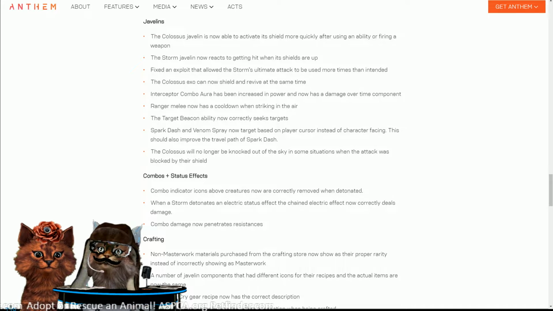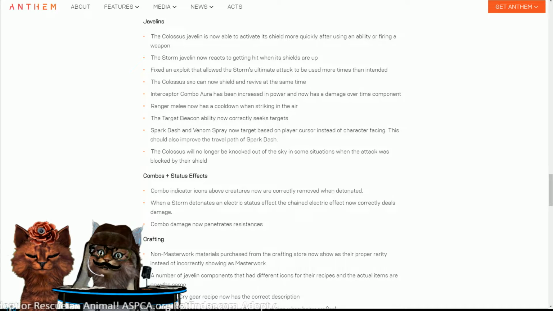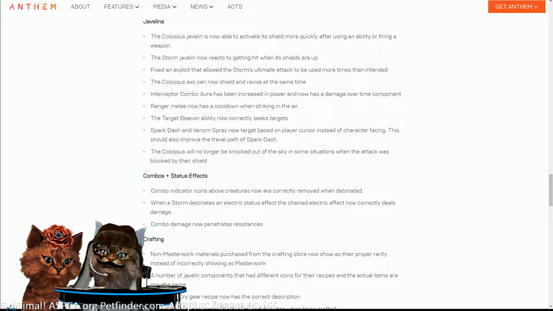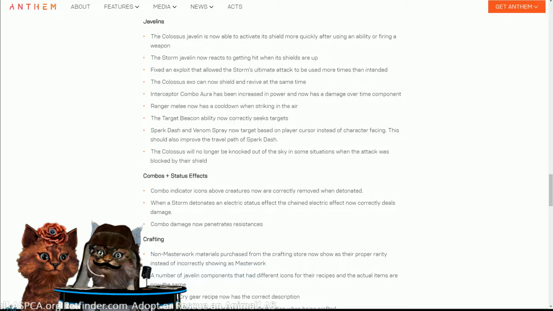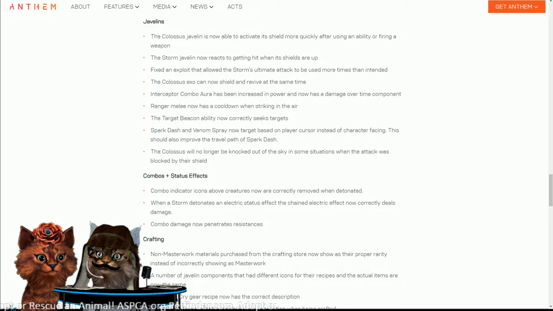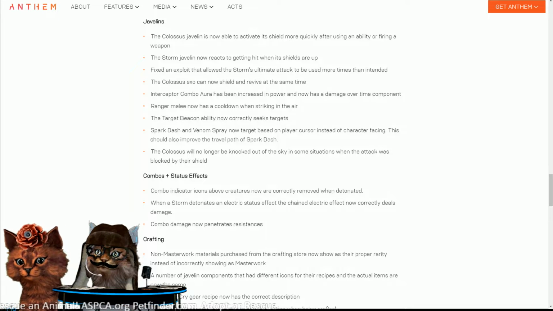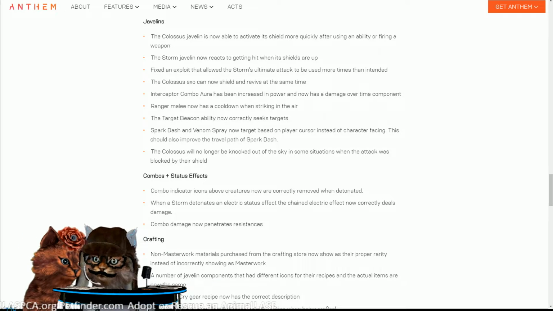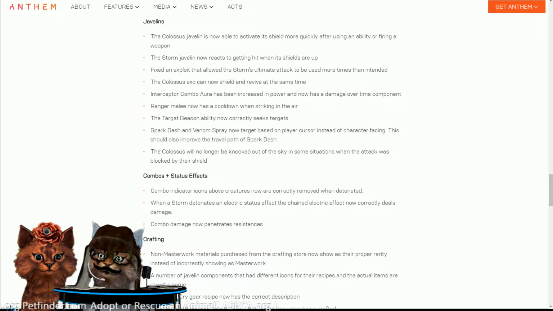The target beacon ability now correctly seeks targets. This is good because you don't want any of your abilities to improperly detect targets, especially when that's what they do. Spark Dash and Venom Spray now target based on player cursor instead of character facing. This is what we were talking about earlier. This is going to make Spark Dash far more viable in the long run, which is really good. And Spark Dash helps with survivability a little bit. Helps you move around more, so...